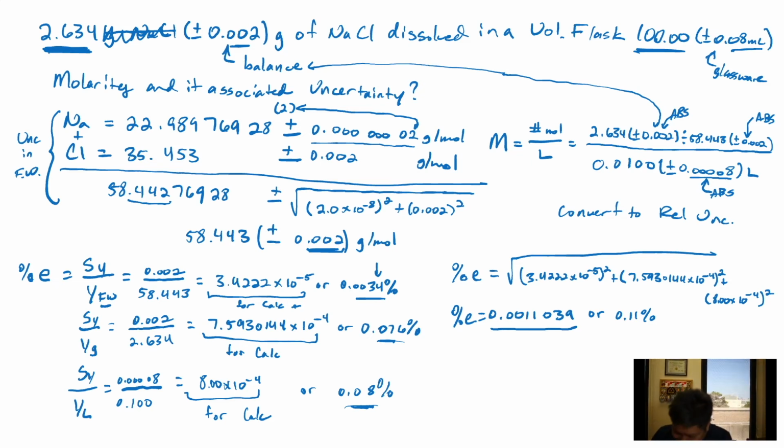Well, same equation again. I didn't write it on this page, but I'll write it again so you know. Percent E equals SY over Y. To get the absolute uncertainty, you just multiply the percent E by the value. So percent E equals SY over Y, which is the